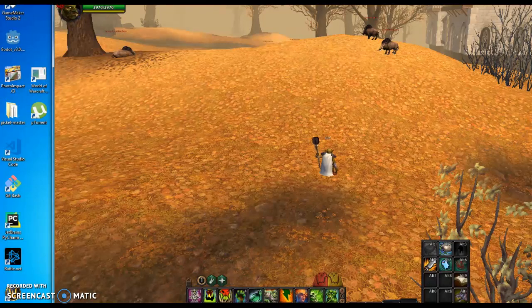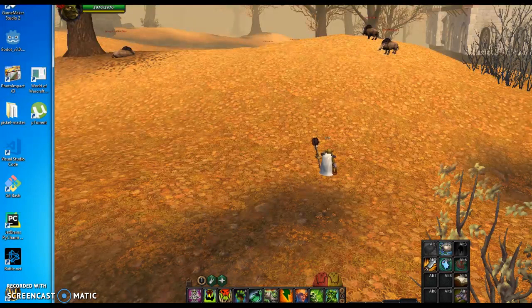Hello guys, I wanted to show you a teeny tiny program I've written in Python. It's a FarmBot for Warhammer Online just for fun. I just wanted to see if I can do it and how it works. It's a pixel based bot. So basically it reads all the pixels